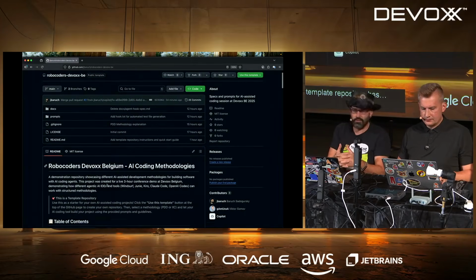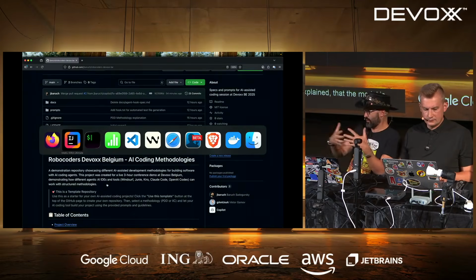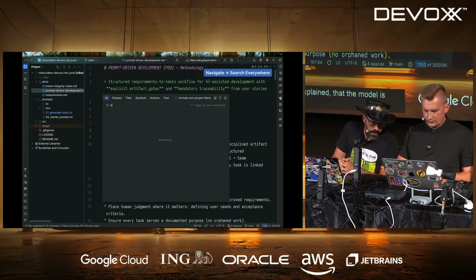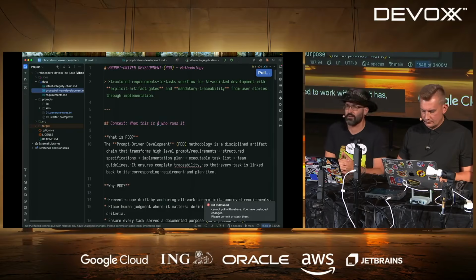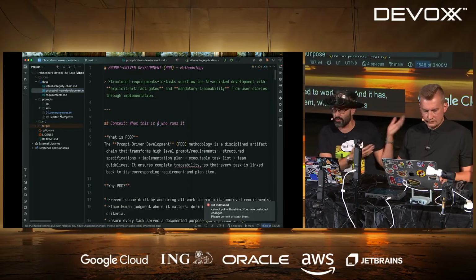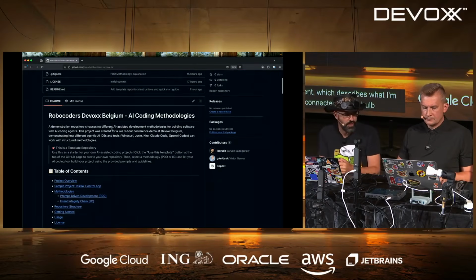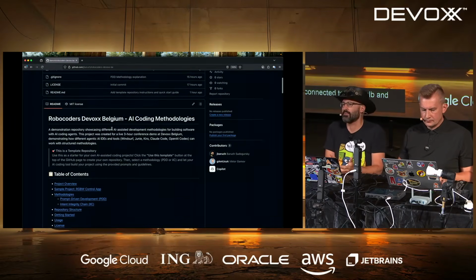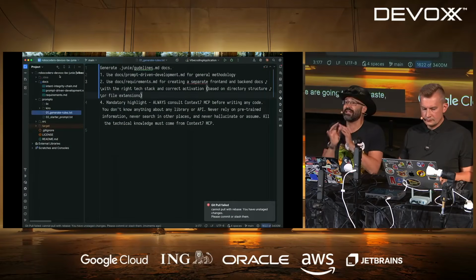It has the methodologies explained, that the model is going to learn about, and it has a requirements document, which describes what I'm going to do, what Victor told you about how we connect it to Lightbulb and all this stuff. It also has sample prompts that we are going to copy paste, and they will be exactly the same.